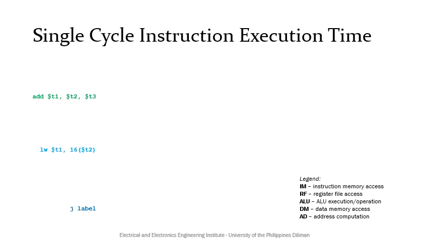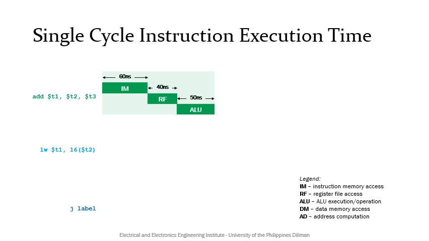Let's consider a larger set of instructions that include add, load word, and jumps. Let's also assume that we have ideal registers with 0 setup time and ideal multiplexers and control unit with 0 delay. With this, we need to consider, for the add instruction, the delays due to the instruction memory, reg file, and the ALU. Let's say we identify the delays of each block as shown. This tells us that for add, the signals become valid or ready after 150 nanoseconds.